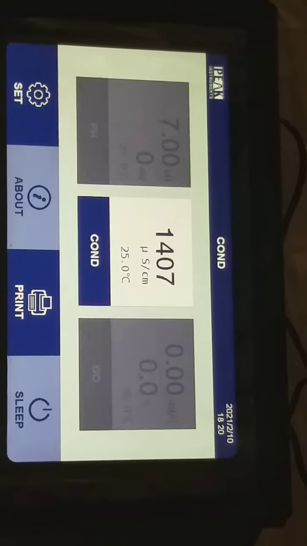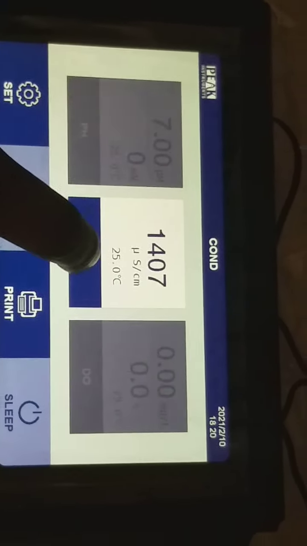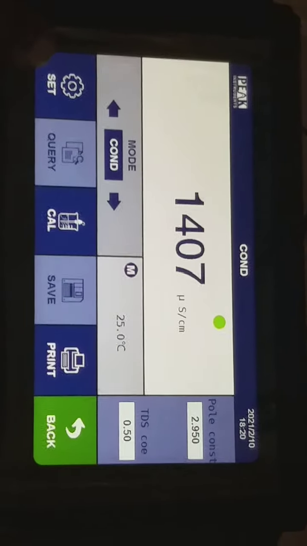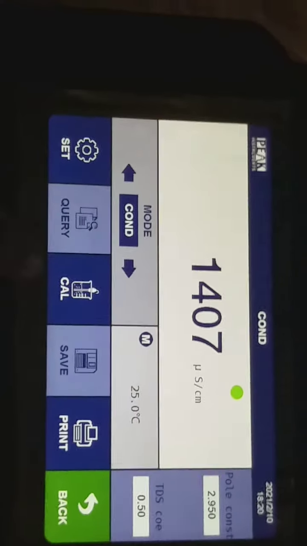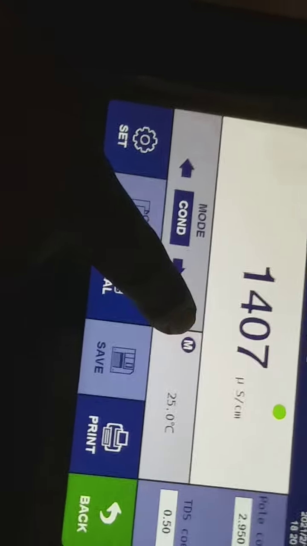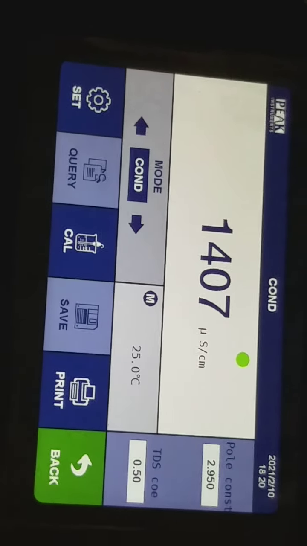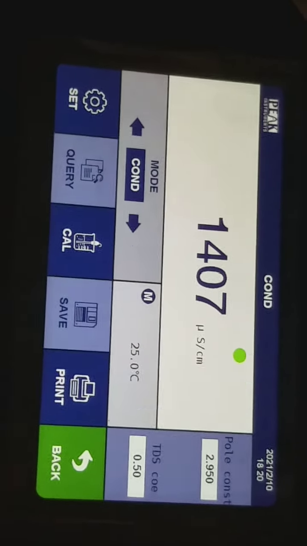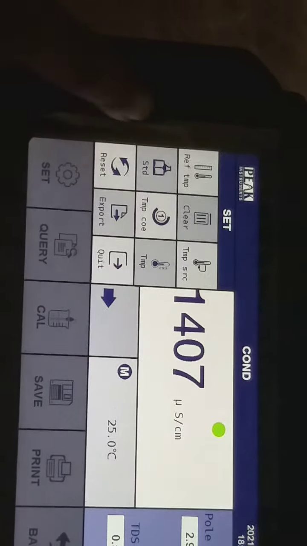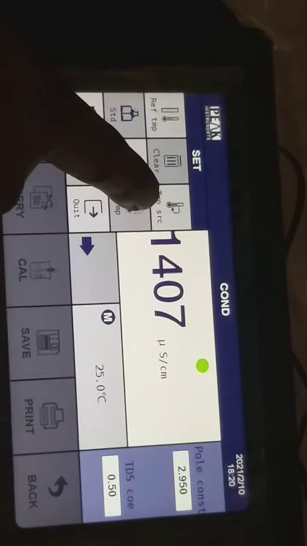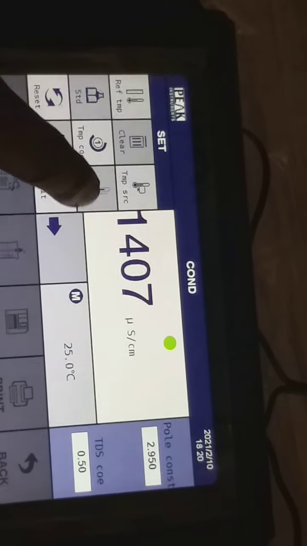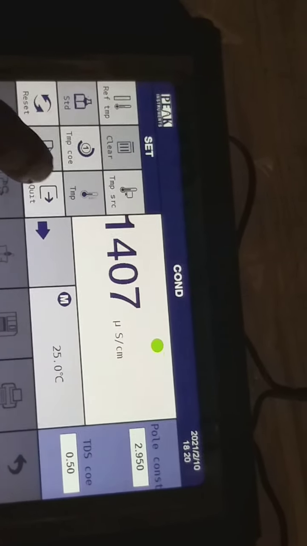And go for calibration point, you have to go to the conductivity mode. Go for conductivity. The mode is conductivity, CO. Here temperature, we have selected manual temperature. So M is for manual temperature, and if you select automatic, automatic temperature will be coming here. So in this also there is a setup mode, you can go for setup. Reference temperature, clear, temperature scrolling, standard, temperature coefficient, temperature, reset, export, quit.